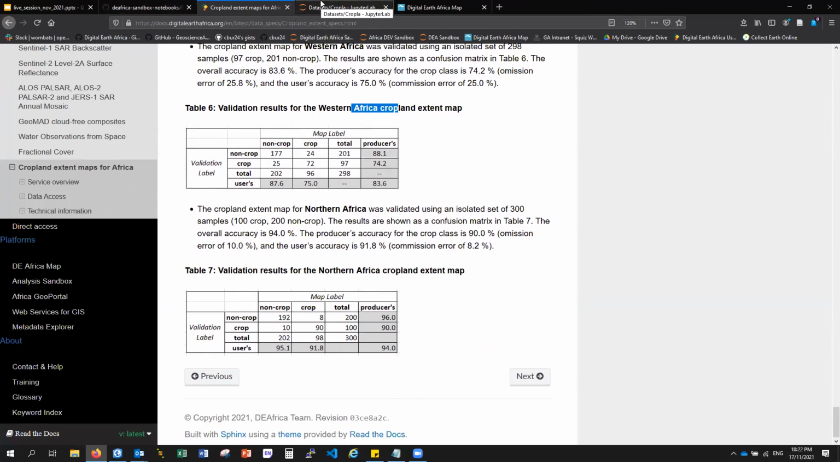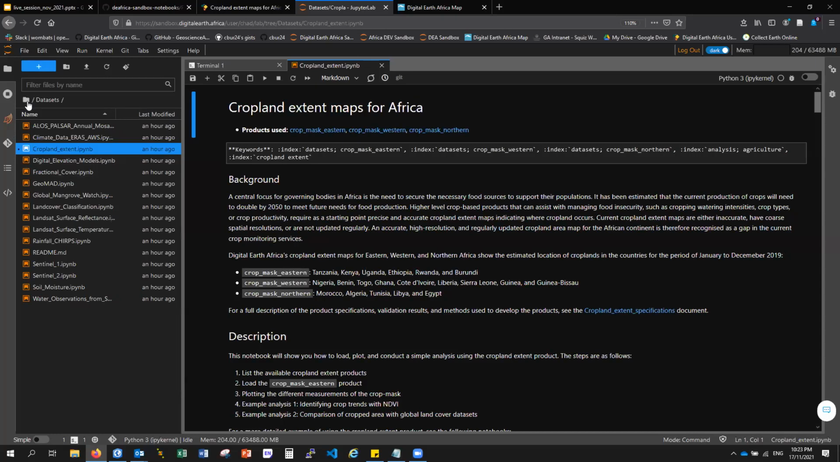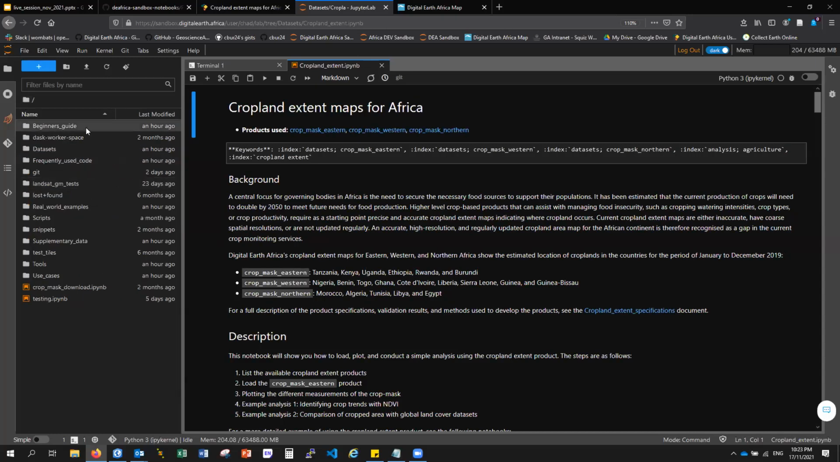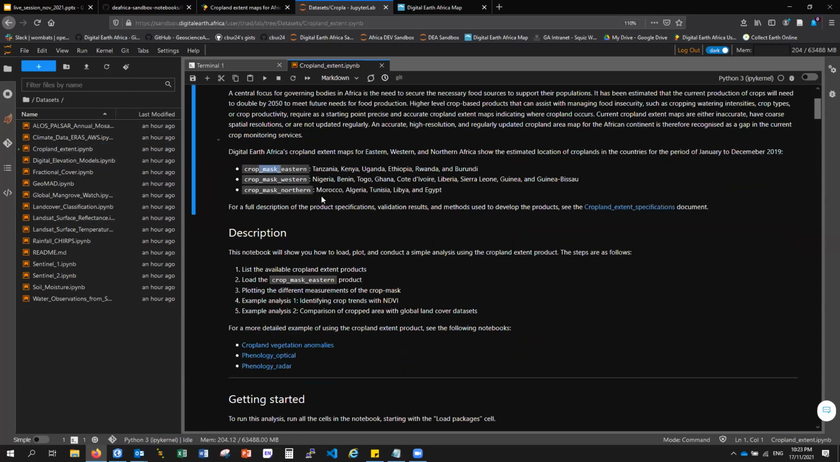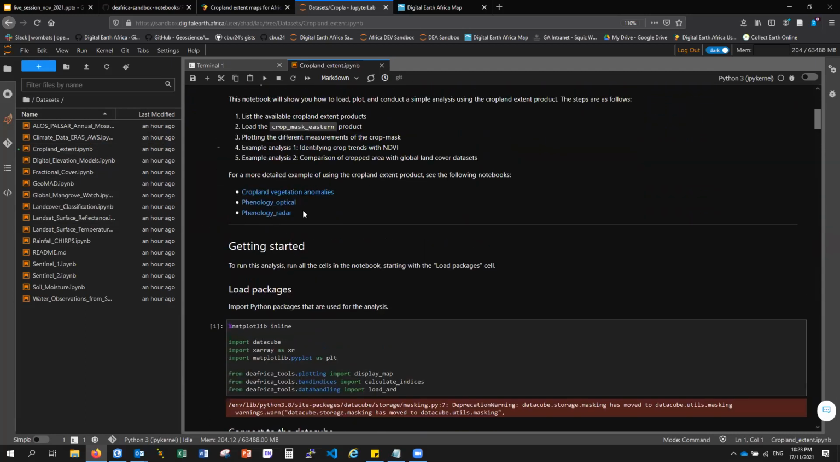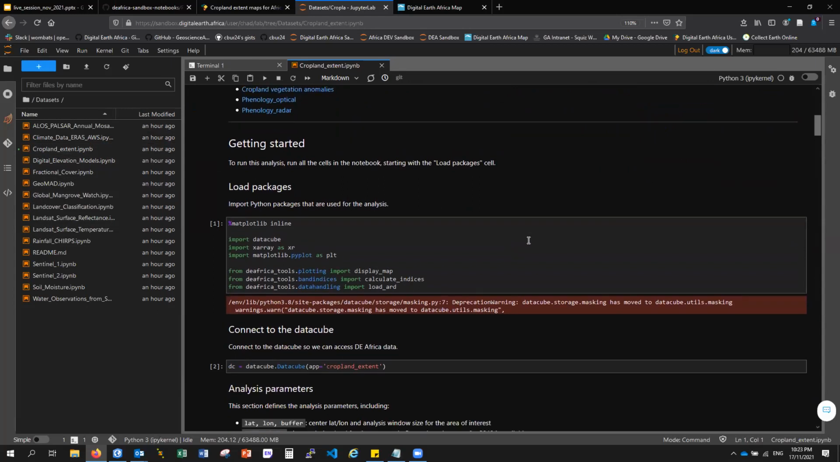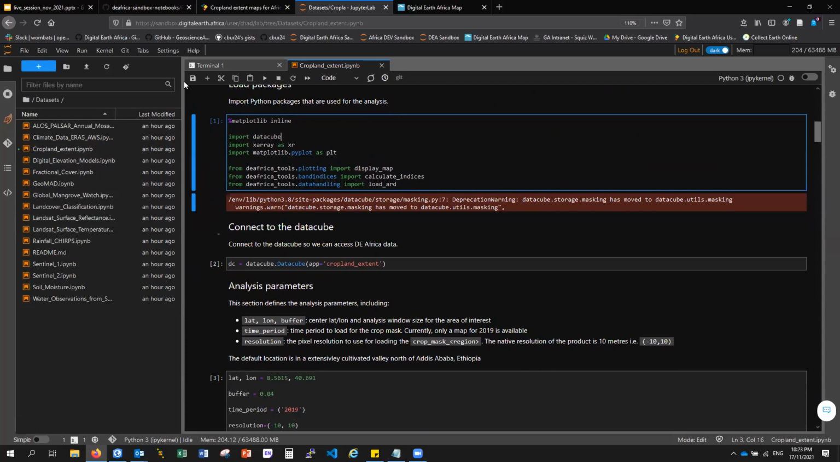So moving on from the dataset specifications notebook, I wanted to show you how to load the data in the data cube. In the sandbox, I'll assume you're all familiar with the sandbox, we just go into this datasets folder, and it's the cropland extent one. I've got a bit more information here about what all the products are called, and then I've also got links to some of the use case examples. So if I just run through this one and show you,